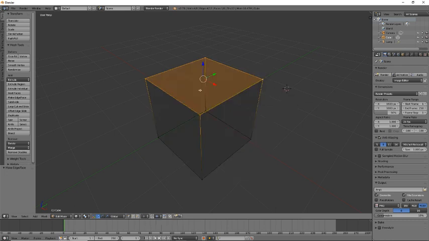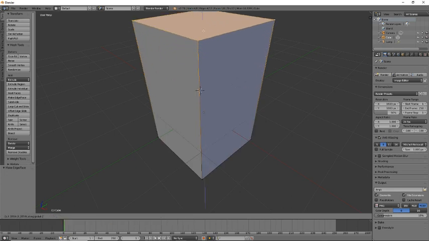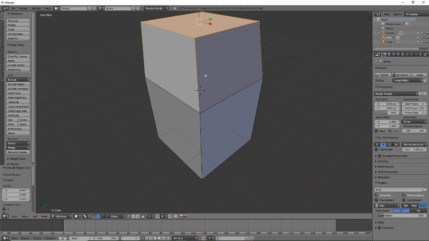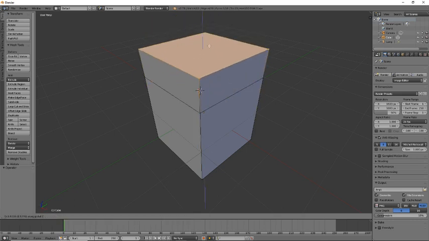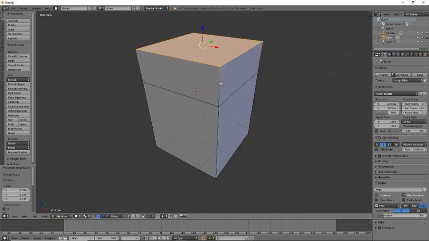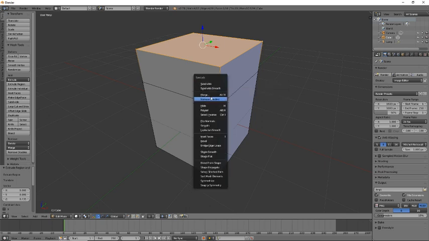So merge is useful for creating slopes in your faces. So if I do W and then I do merge,